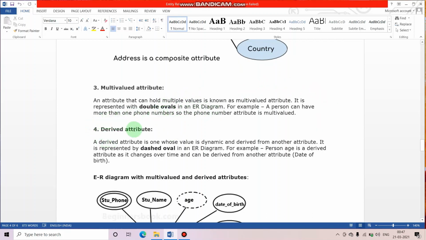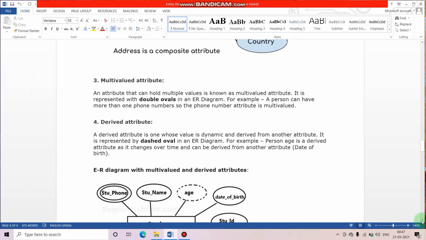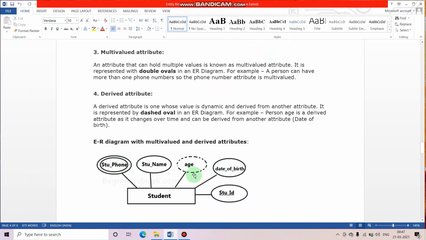See, now derived attribute. A derived attribute is one, I have already informed you this, that a person, see, with the example you will come to know. A person's age is a derived attribute as it changes over time and can be derived from another attribute, for example date of birth. Okay, so a person's age is getting changed, but it is derived from the date of birth.